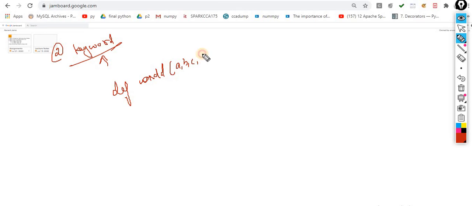Now the second one is keyword arguments. Understand this point. The keyword arguments are specified with their name, keyword. Let's suppose I am making the same program, def add a b c d e, taking 5 values. Now I return, or I just print it. The choice is again here, it depends upon the problem statement whether you want to return or print. So it returns a plus b plus c plus d plus e, and whenever I call this function, the main concept is the keyword arguments.